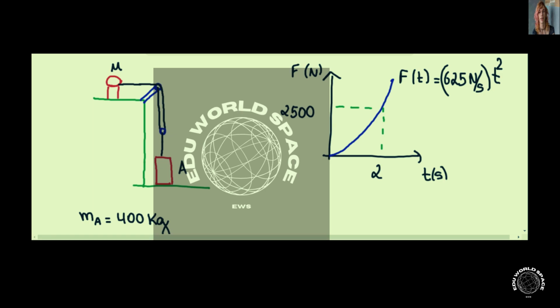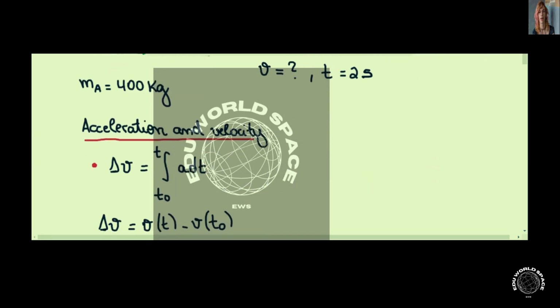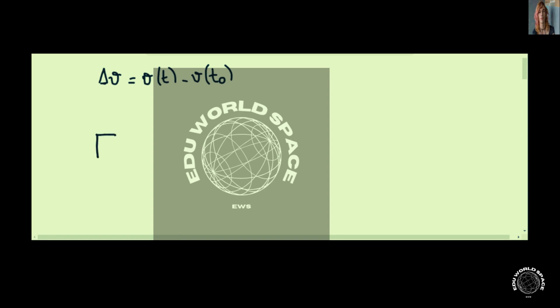In the graph, we have that f of t is equal to 625 newtons per second squared times t squared. And our goal is to find what is the speed v of the block after a time t equals 2 seconds has passed. So first, what I'm going to do is to draw a free body diagram on the block